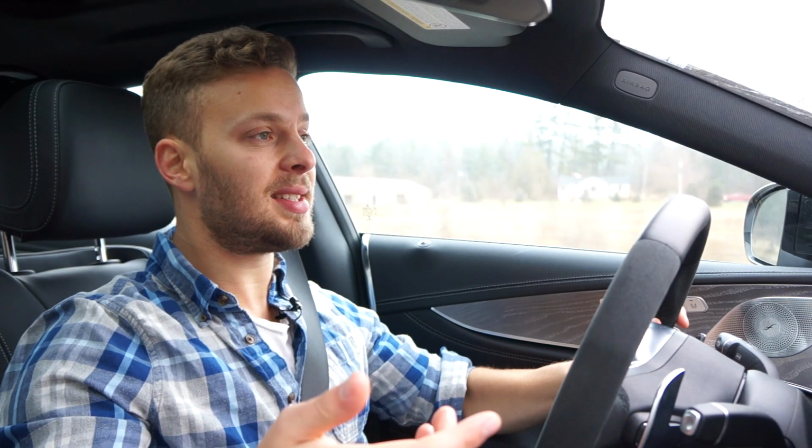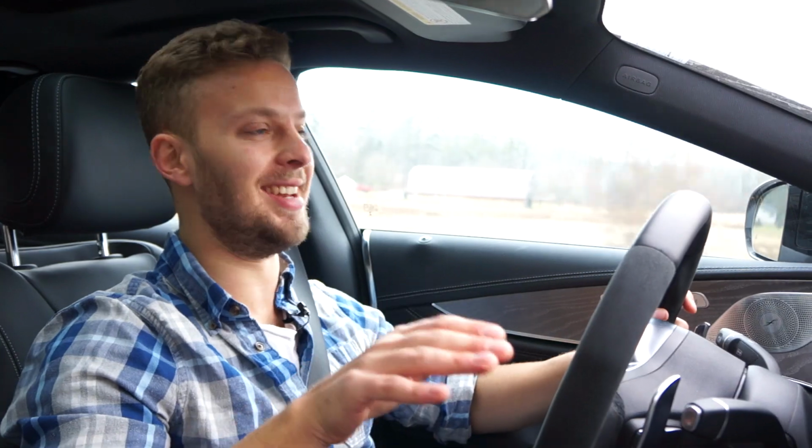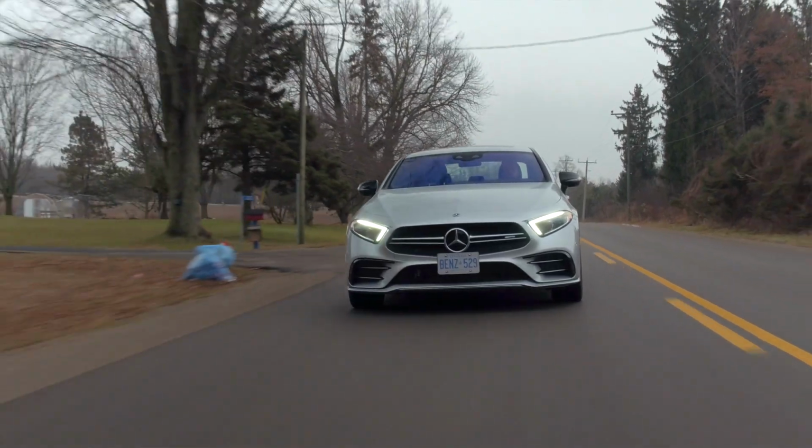What that means is, it's really compliant over undulations and bumpy surfaces, and yet still gives a ton of feedback